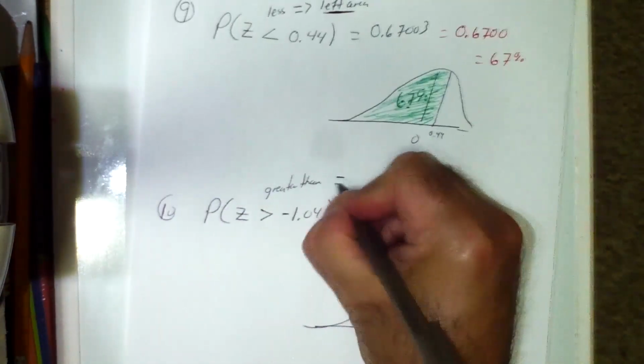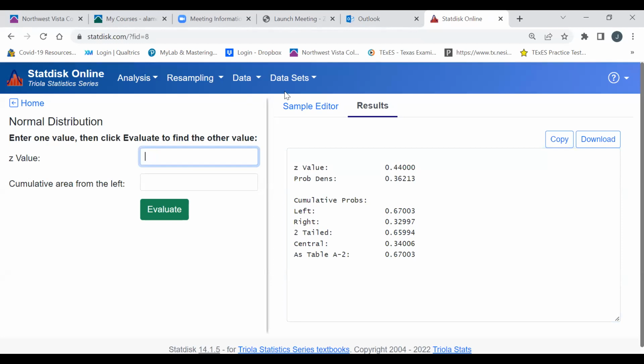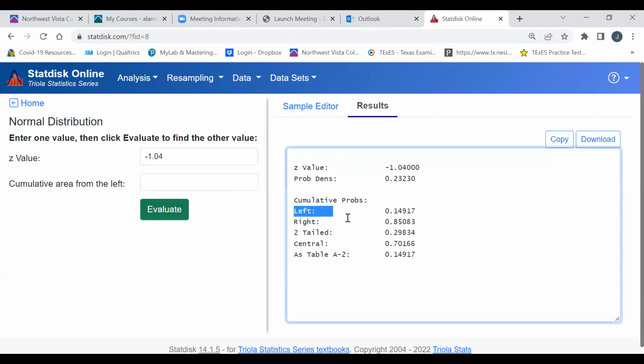Greater than. Okay. So I'm going to go to my StatDisk and I'm going to enter negative 1.04. Now you have to make sure that you enter the number and the sign correctly, people. Again, you're ignoring the other ones except these two, but this time it's greater than. So greater than implies right. So my area, my probability is going to equal